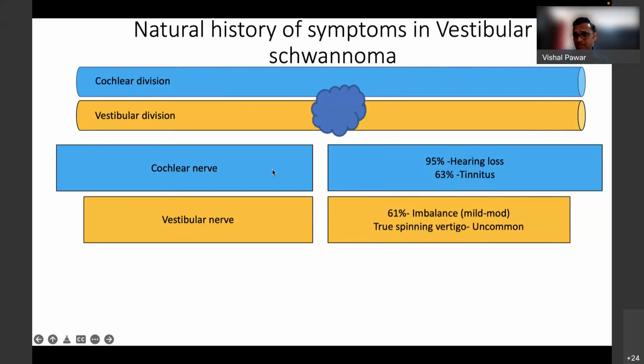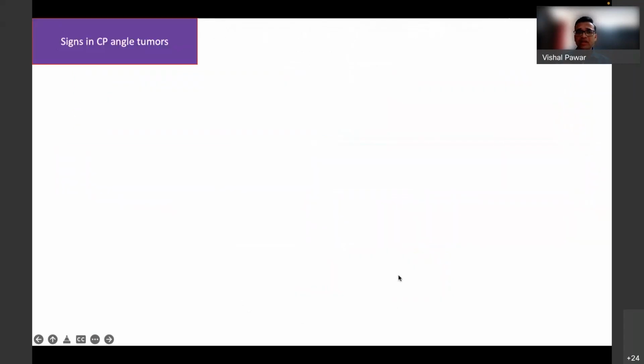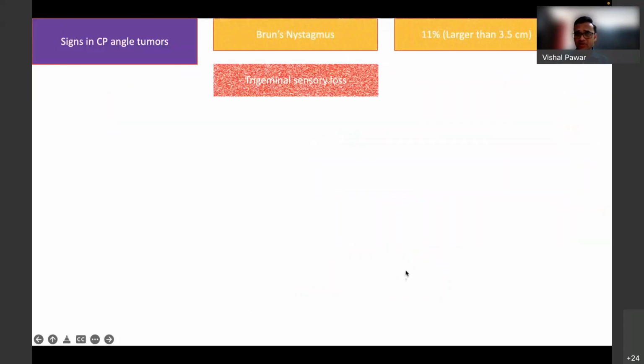And mainly they tell about the hearing loss and tinnitus. True spinning vertigo is uncommon, because true spinning vertigo is related to acute vestibular disorder. Central symptoms and signs start appearing when there is a compression of the brainstem. And signs in CP angle tumor: Bruns nystagmus is seen in 11% of tumors when the tumor is larger than